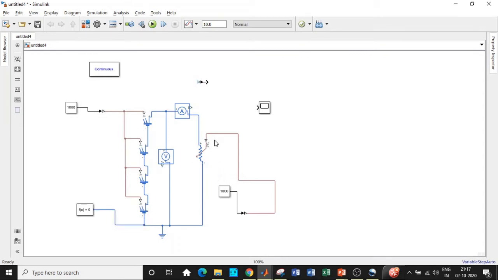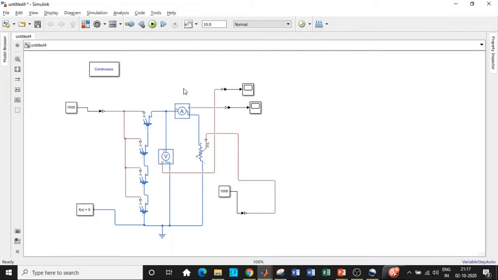So once this connection is done, what is our next analysis that we have to do? We have to measure the voltage and current. At the first place, we'll be connecting it to this particular block, which is basically the physical system to Simulink converter. Give it to the scope in order to see the output voltage, and again we need to see the output current as well. So connect it at this position, and I'll be giving it to another scope. In this particular fashion, we'll be getting 12 volt at this point. That is, the voltage tapping at this point will be 12 volt according to our circuit.